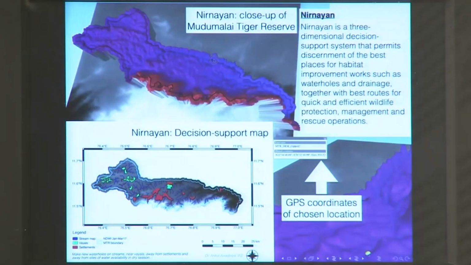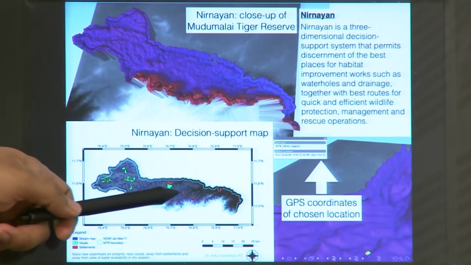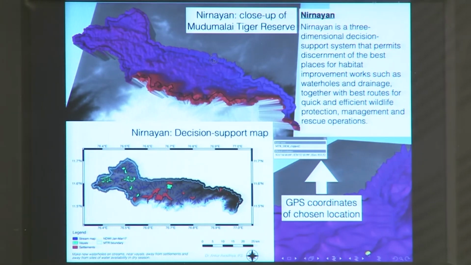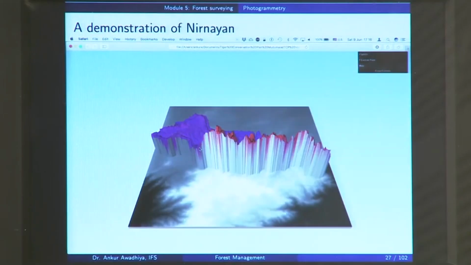So, for instance, this is a digital elevation map of the Mudumalai Tiger Reserve. So, in this map what we are seeing is the elevations of different points on the ground by making use of the aerial photographs. And in this case, we are seeing a hydrographical map where we are saying where the streams are located. Now, a digital elevation map can also be made use of to give you a 3-dimensional representation of the